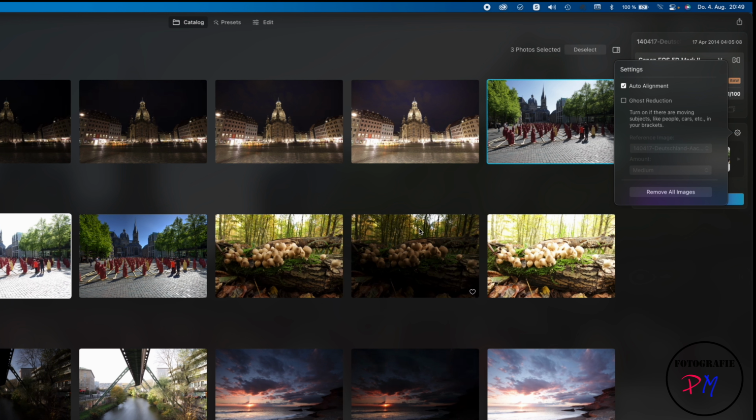But now we want to do deghosting, because here are some persons moving around doing the capture taking, and now I do ghost reduction, and I can choose the amount. Regularly it's set to medium, that might be okay. And what is important here is that you can select the base image for the deghosting, and I would take